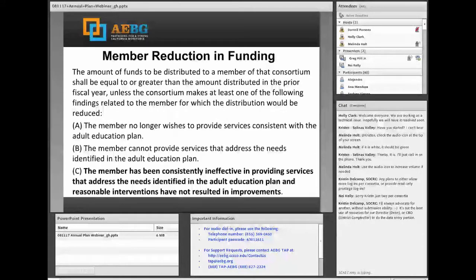Kristen had a question about additional logons, and I think the portal is pretty much set on just 2 passwords per consortium, correct? Yeah, that's exactly right.